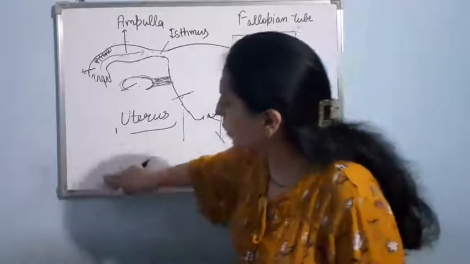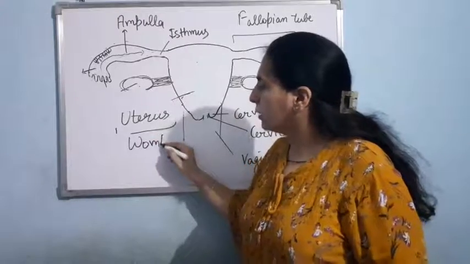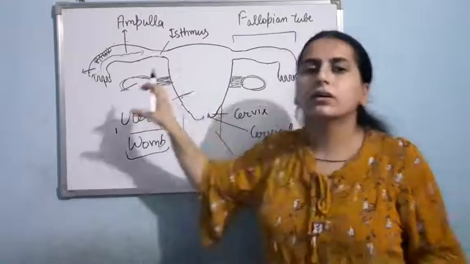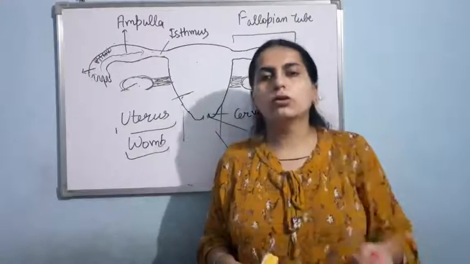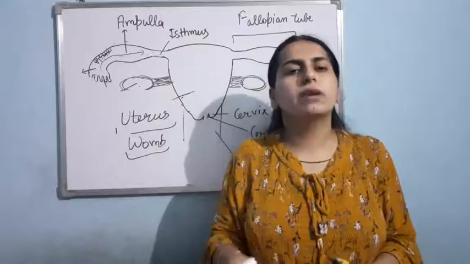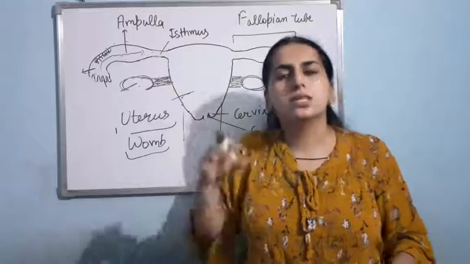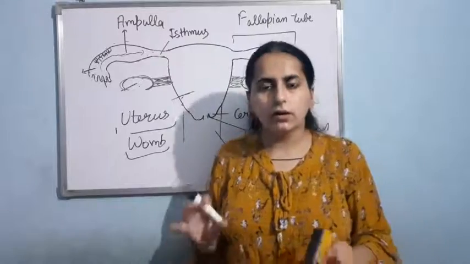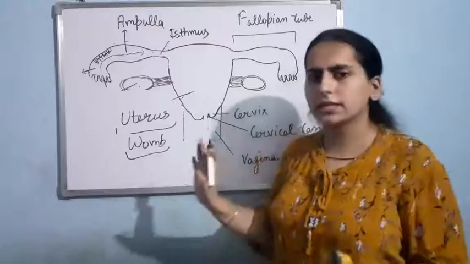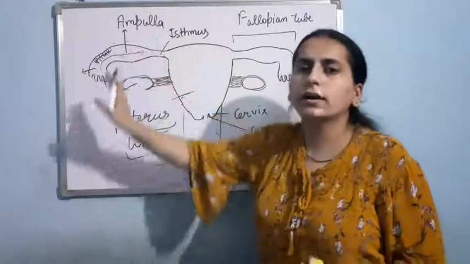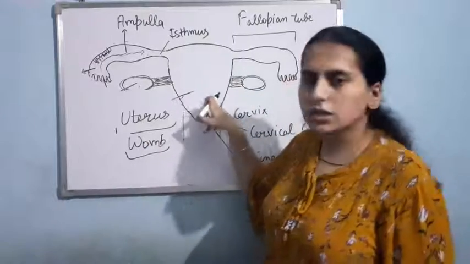Now, next point, uterus is also known as womb. Basically, this is the place where the baby will get matured for the 9 months. You know that in human the gestation period is of 9 months. So here in the uterus, implantation will be there, gestation period will be there. Okay. So now, implantation, gestation we have to discuss in detail. Right now we are talking about the parts of the reproductive system. So, this is the uterus.